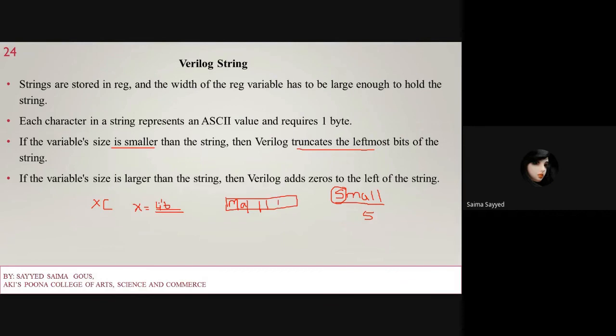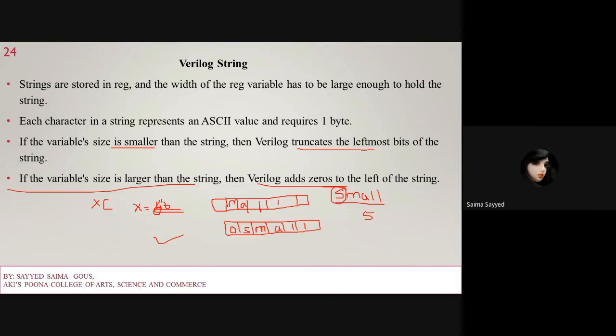And if it is larger, suppose it is 6, 1 2 3 4 5 and 6, then it adds 0 to the left. So add 0, and then whatever the string is, s m a l l. In this manner the string works.